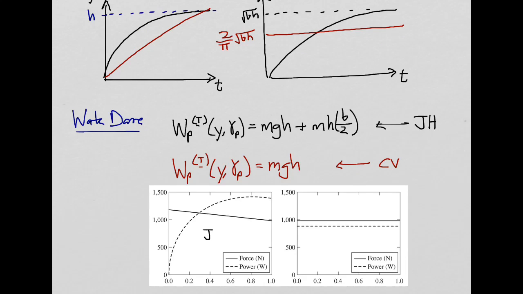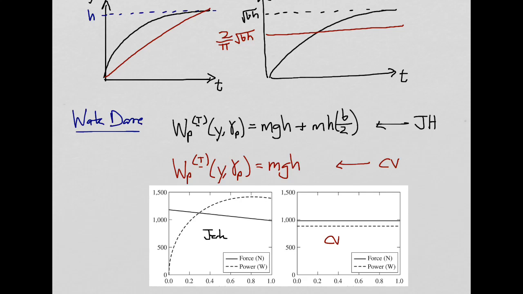And here we see our jerk hoist on the left-hand side and our constant velocity hoist on the right-hand side. And so for our work, which is going to be the force dotted with the change in position, see here on the jerk hoist we have a high force that decreases over time. That high force results in a large increase in the height that has a decreasing change. Whereas the constant velocity hoist, we have a constant force profile,